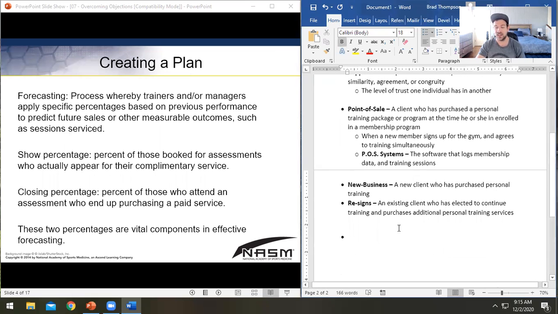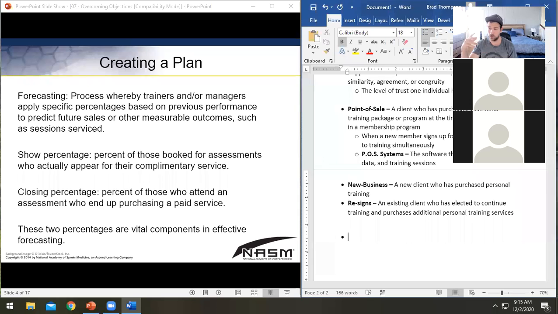So forecasting is how you are going to determine when you're going to be finished getting your client list for the most part, like when your schedule fills up. If I was your manager and I asked, Robert, how long do you think it's going to take you to fill out your schedule? Then you would go through and forecast.